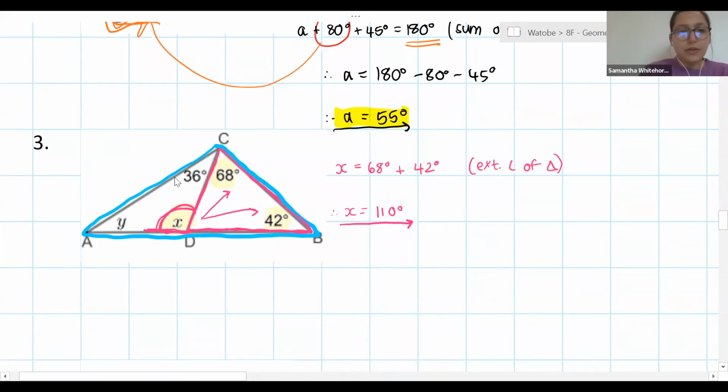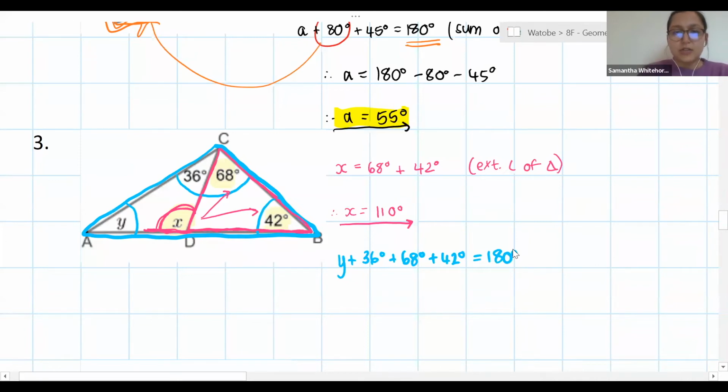I know that if I add up all of the angles inside this triangle, so the whole of angle A plus the whole of angle B plus the whole of angle C, I will get 180 degrees. So to set up Y, I know that Y plus 36 plus 68 plus 42 degrees must give me 180